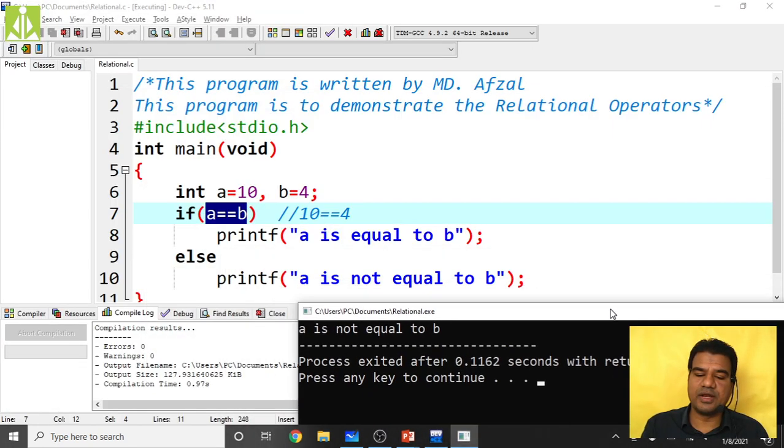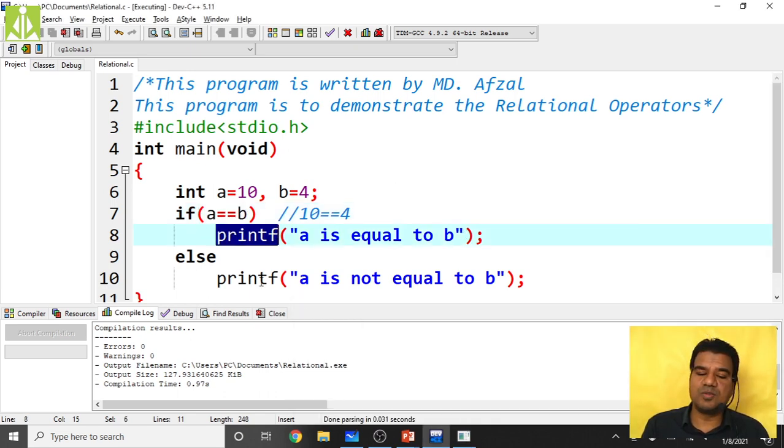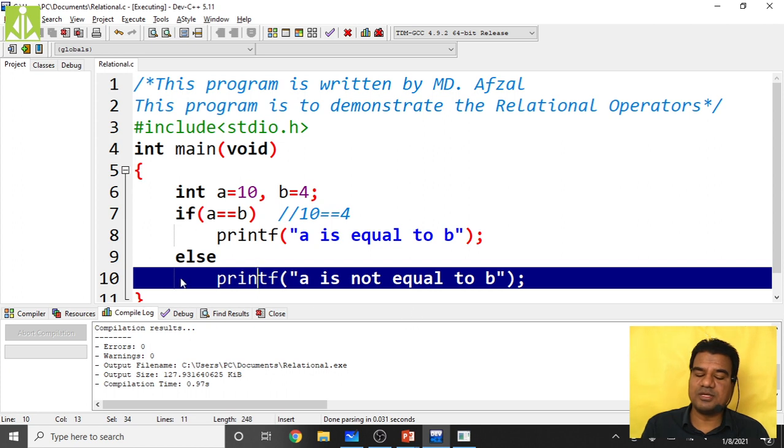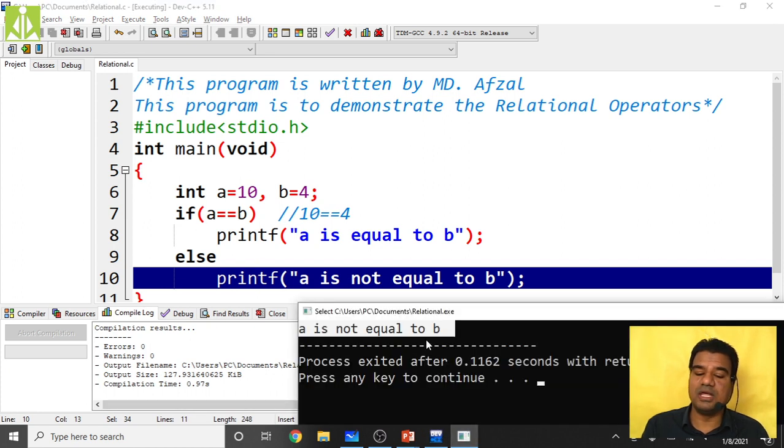When you execute, you get the message from the false block. Inside this if else condition, the true block is this one and the false block is this one, and we are getting the message from the false block only, because our condition is false.